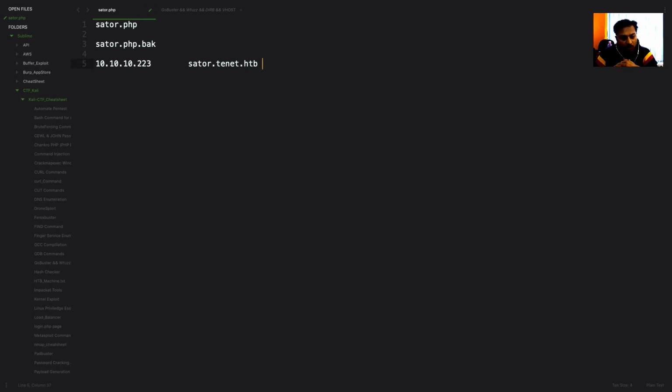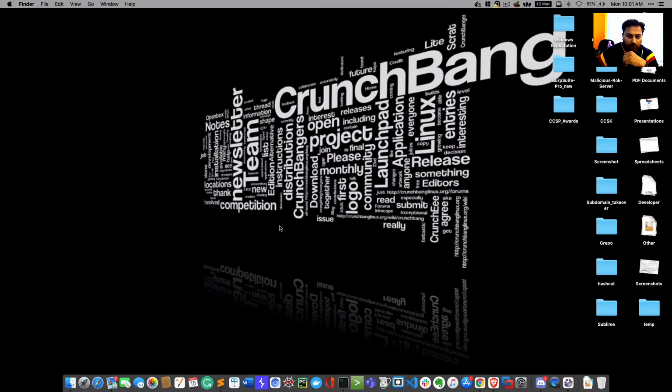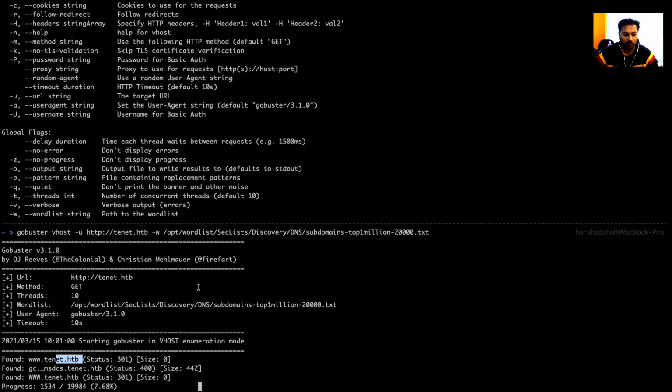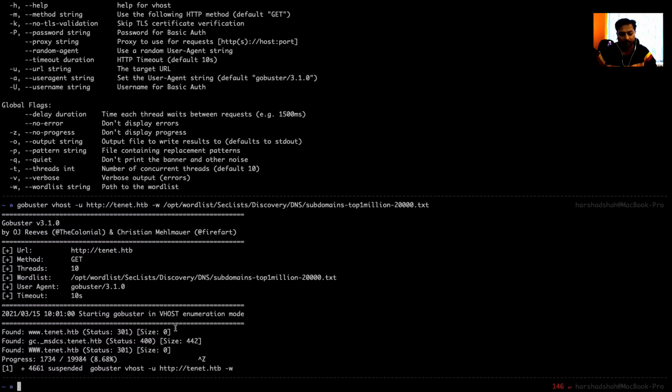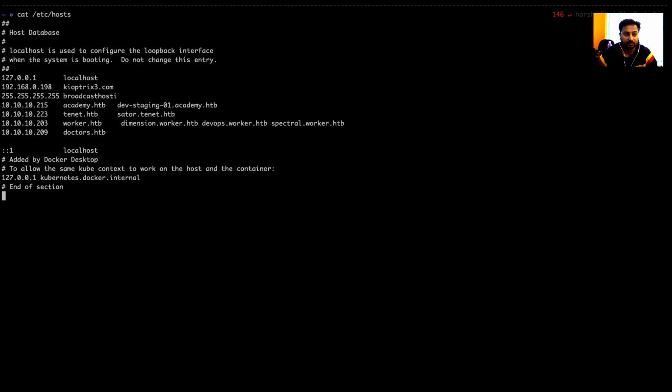under the host file. I'll show you once again my host file, and I'll close it because I have already tried for a long time and didn't identify a single thing here. Okay, so Control Z, and we move to cat /etc/hosts. I'm not using a Kali machine, this is my Mac system. Sometimes people ask me, Rashid, what kind of operating system are you using, because of this shell. I'm not using Ubuntu, I'm not using Kali, I'm using my base system as a Mac.